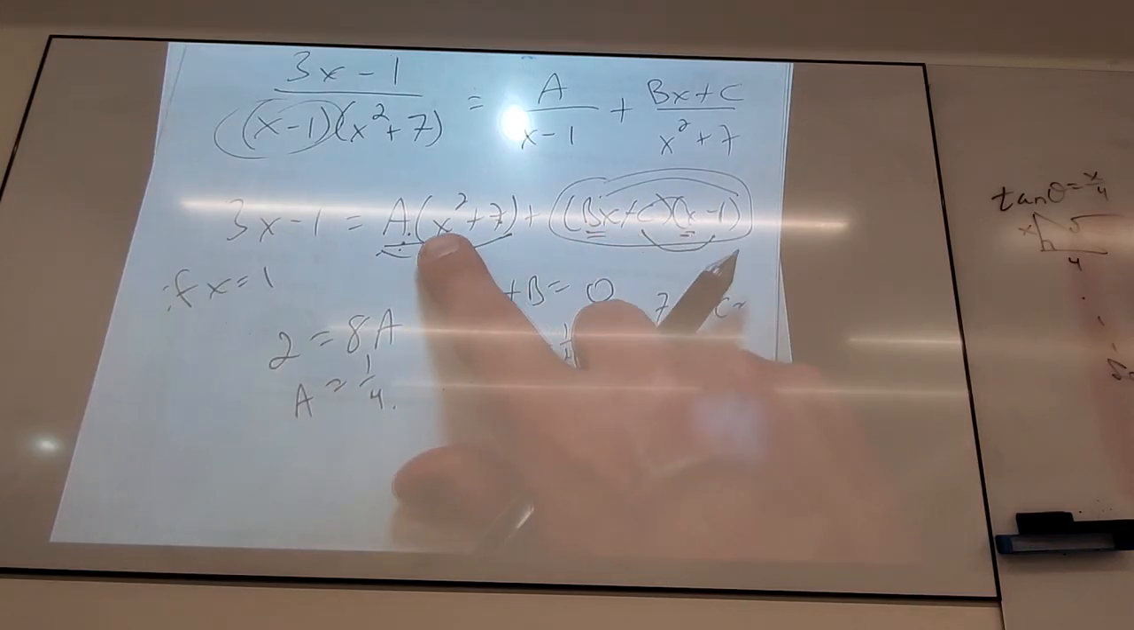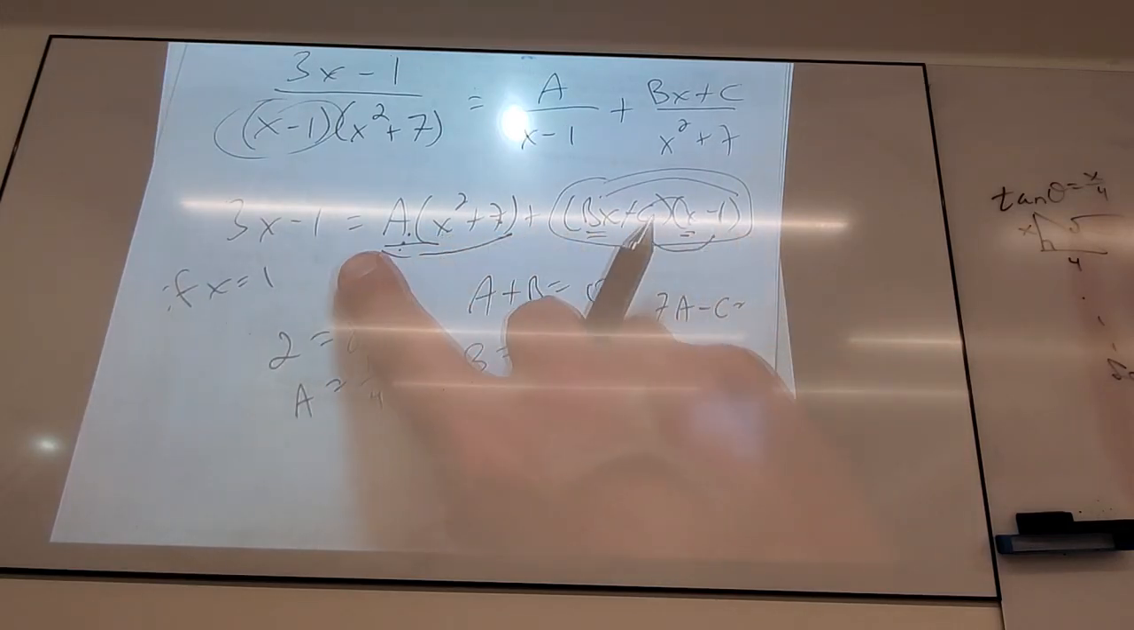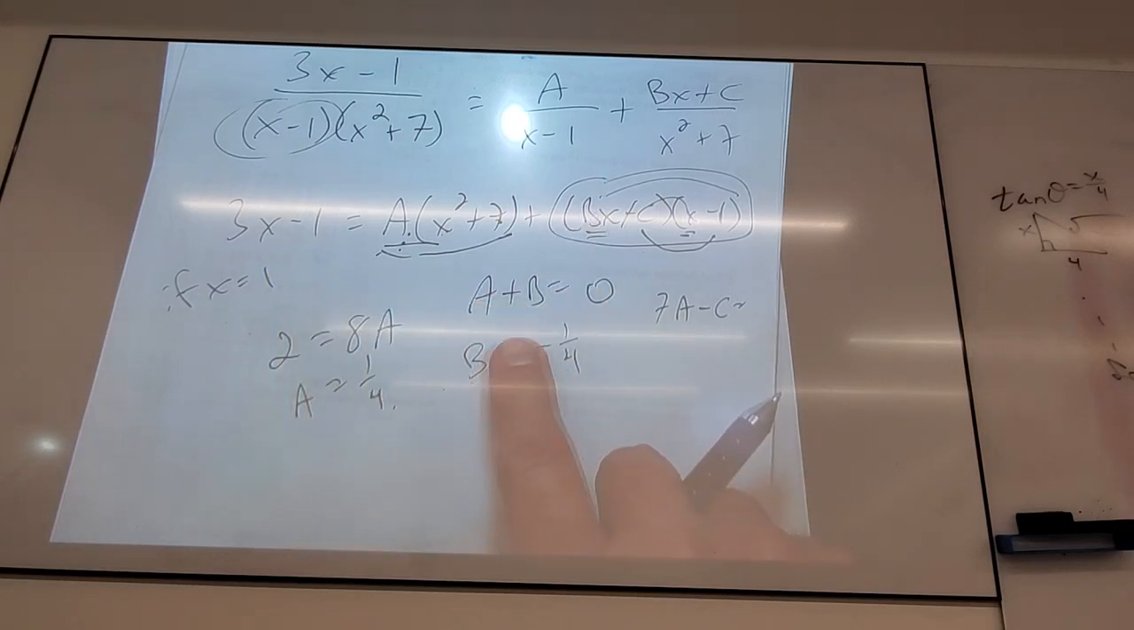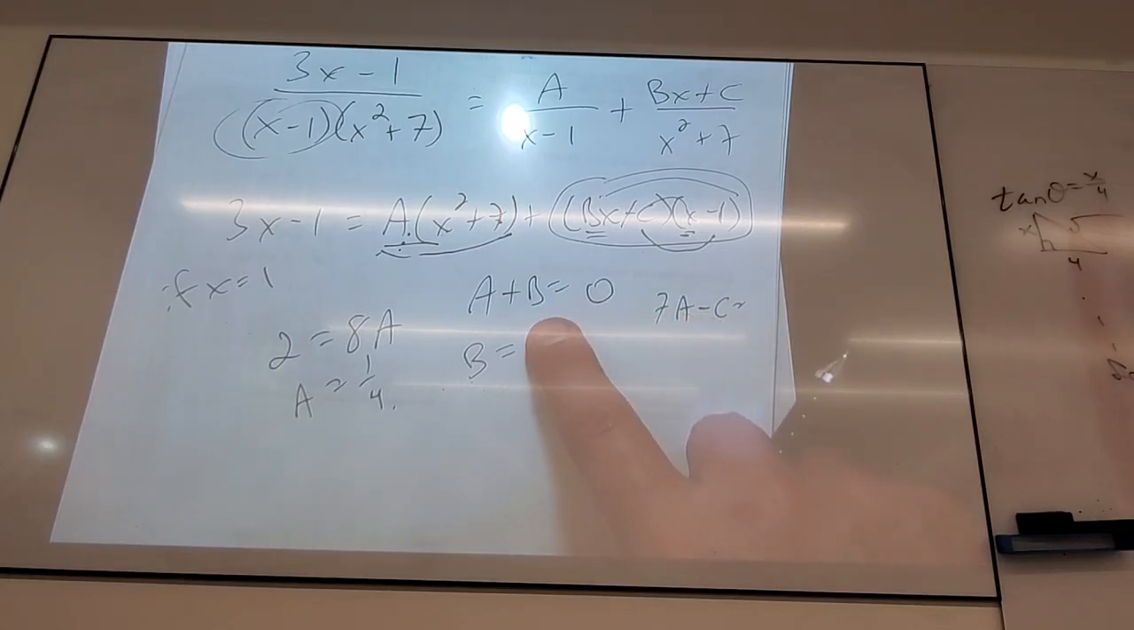The part that's constant over here must equal the part that's constant over there. If you understand where a plus b equals 0 comes from, you understand where that comes from. Same place. Does everybody understand why I wrote a plus b equals 0? No. Okay, so let me